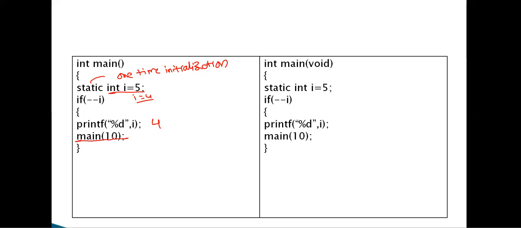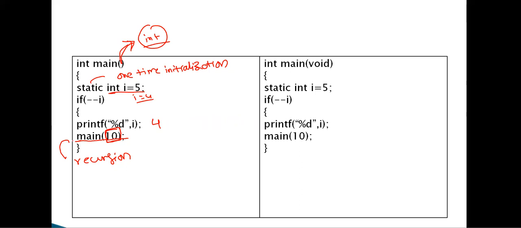Now, main of 10, this is simple like recursion. The function main calls itself. But observe carefully, here I am passing a value 10 within the parentheses, but the main does not contain anything. Is it executable or an error? Remember, even though you are not placing any parameter inside the main, by default it contains some integer parameter. So obviously the statement is right.